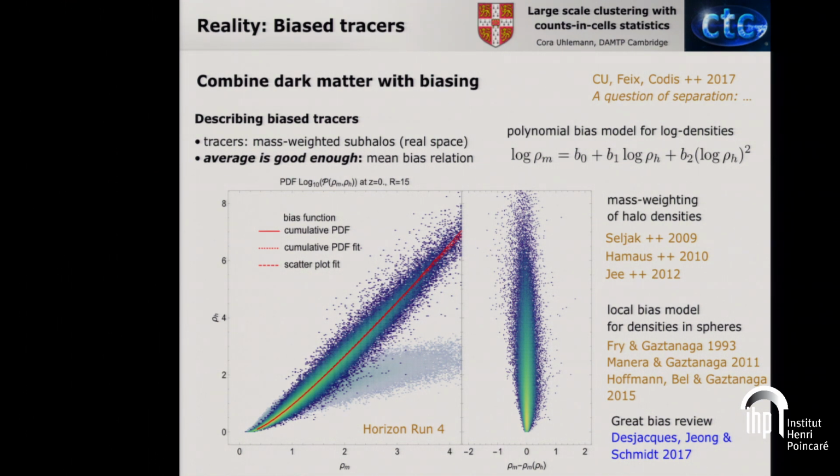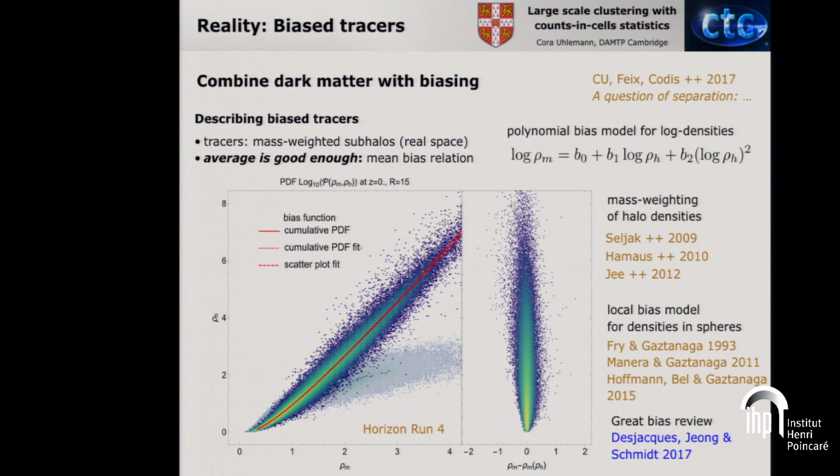From a very simple idea of including biasing, you could make a scatter plot, which basically indicates a local relationship between the matter density in a sphere and the halo density in a sphere, and you get this cloud of points here. If you wonder what this shadow is, this shadow is what happens if you don't do a mass weighting, just to show that then this cloud is bigger. If you do mass-weighted halos, you get this cloud here. Of course, there's not a real deterministic one-to-one relationship, as Roman already introduced. But the interesting point is that if we just want to predict one-point statistics, we are not really sensitive to this